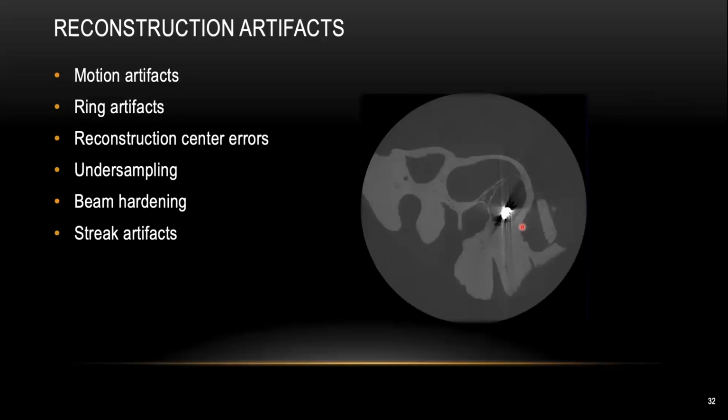And the next artifact is called the streak artifact. That's mostly shown when you have two different materials inside your sample. For instance, the image you're seeing here is a cross-section image of a mouse cochlear bone with a metal implant inside. When we fine-tune our acceleration voltage and filament current, we can get a nice contrast on the cochlear bones, but the setting might not be very suitable for the metal here. So now you can see all the scattering of the X-ray beam from the metal implant, and that's called the streak artifact.